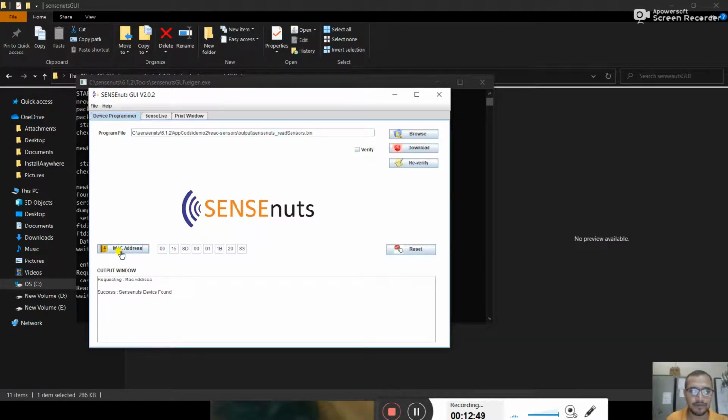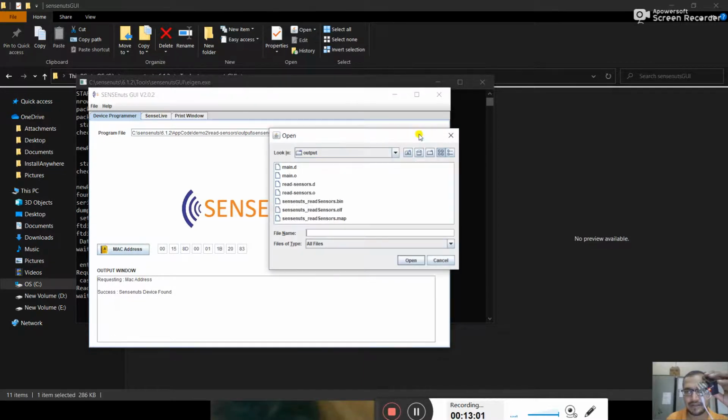Now I am fetching the MAC ID of this device. The MAC ID of the device is here. Now I am going to browse my window. Now I am going to demo 2.